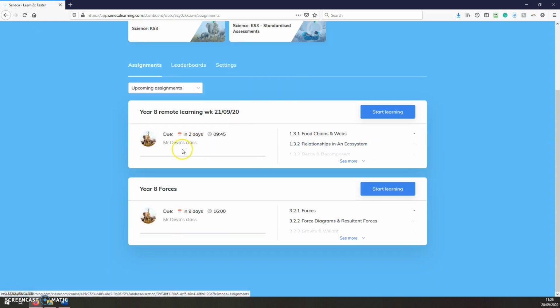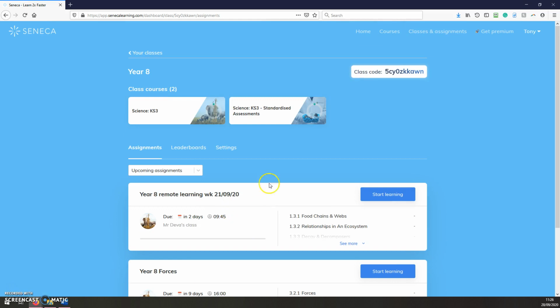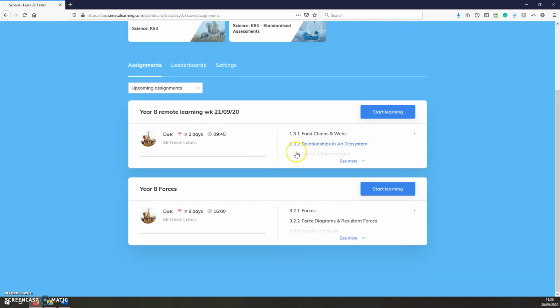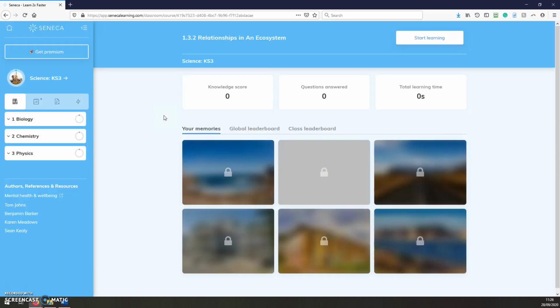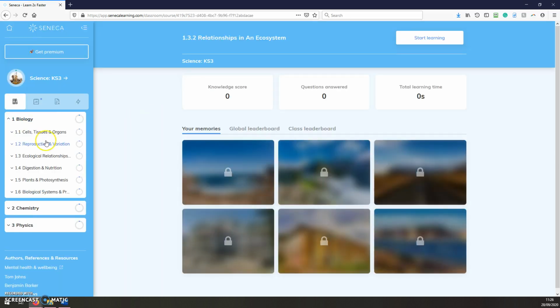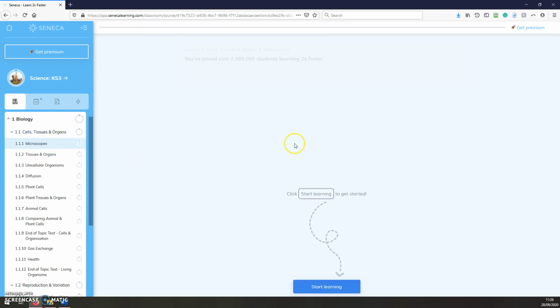I can see the assignments that have been set and the courses that I've got. So I can do my assignments by clicking on Start Learning, or I can do my own revision by clicking on the course and choosing something that we've studied before, like cells, and I can choose to go on to my own